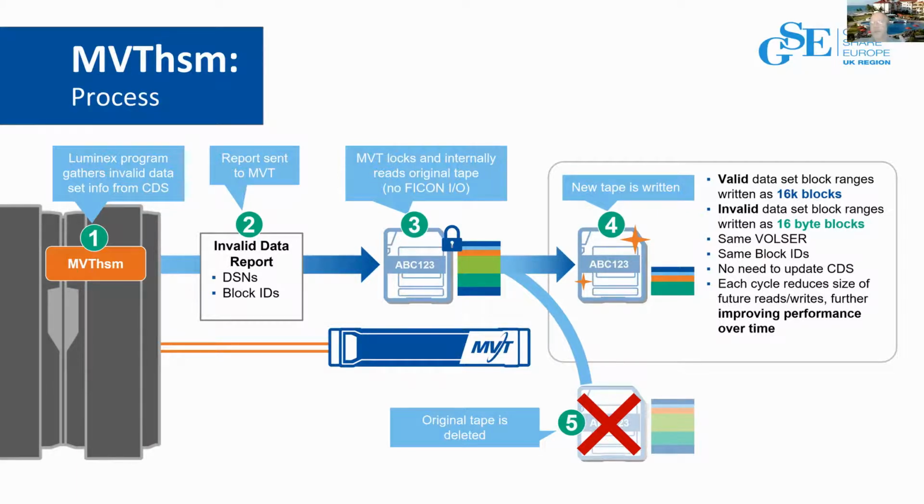All right, so we have read the good data sets and copied good data sets in their blocks over and created a new tape. We took the bad blocks, the ones that were invalid, we left a marker for each block, but then we didn't write out that data payload that was behind it that was invalid. So we have 2 copies of that tape vol.seer on our appliance at this time. Then we mark the new one as the valid copy, and we release the lock.